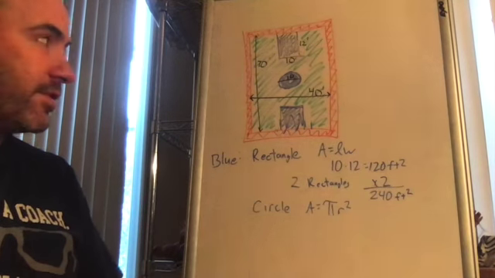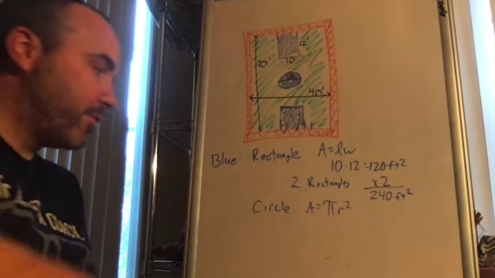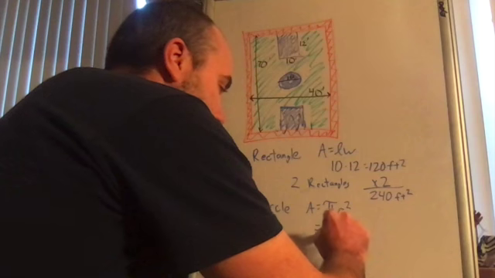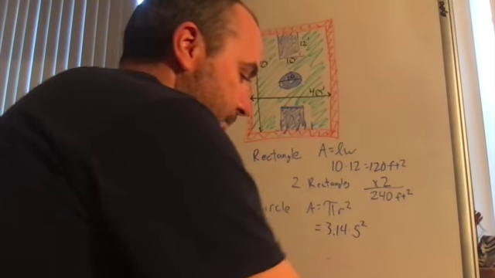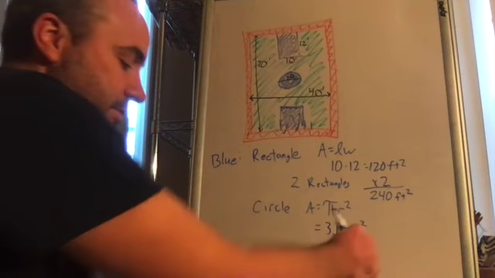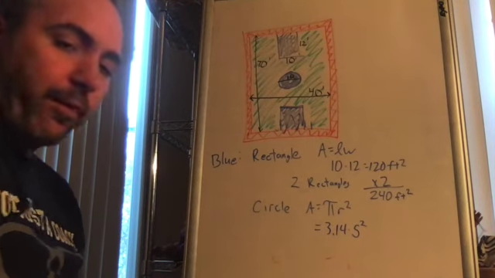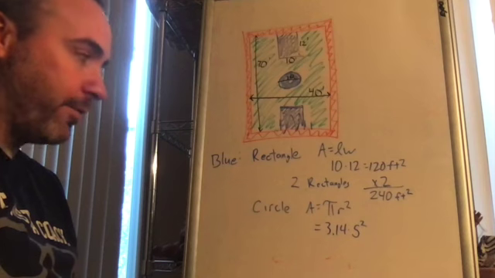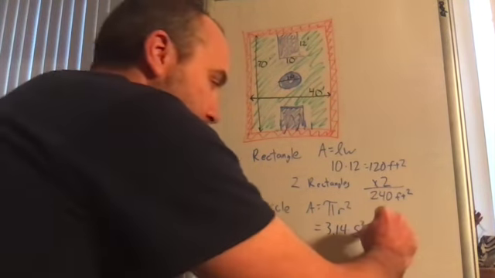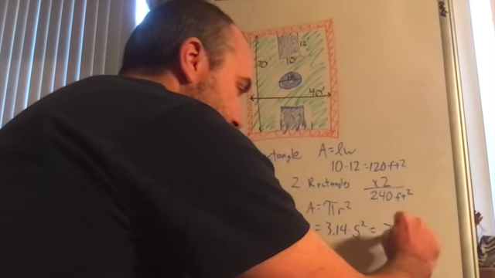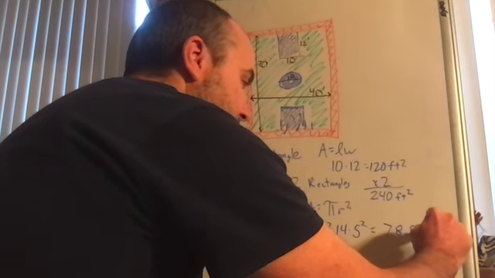So the radius is half of that diameter, which is 5. So we're going to look at 3.14 times 5 squared. In order of operations, we do that exponent first. So 5 squared is 25, and then multiply by 3.14, and we're going to get 78.5 square